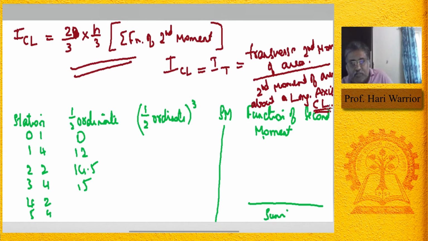Now you are told one thing, just to make some problems. The problem states like this: forward of station 8. So we had basically 8 stations in this, so we went from 0 to 8. There were 8 stations, and forward of the station 8, there is an appendage second moment of area of 30 meter power 4. So if you are given something like that, just add that 30 meter power 4 to this. Moment of inertia can be added as long as it's continuously kept. So this will be this moment of inertia plus that 30 meter power 4. That gives you the total moment of inertia about the center line, transverse moment of inertia.